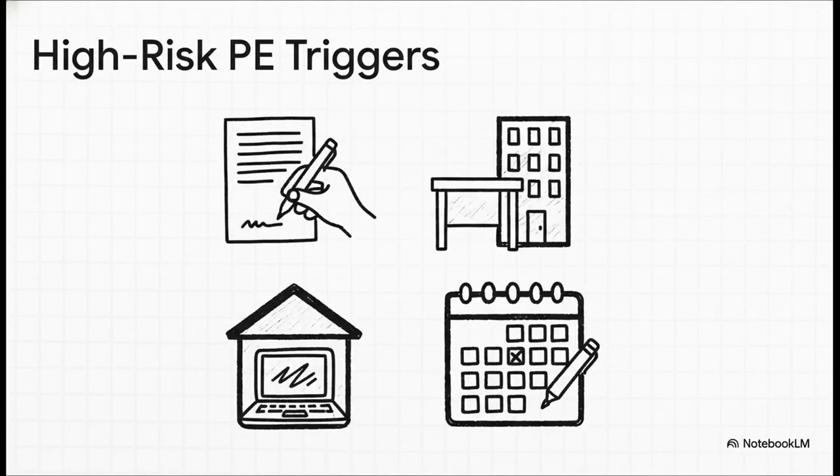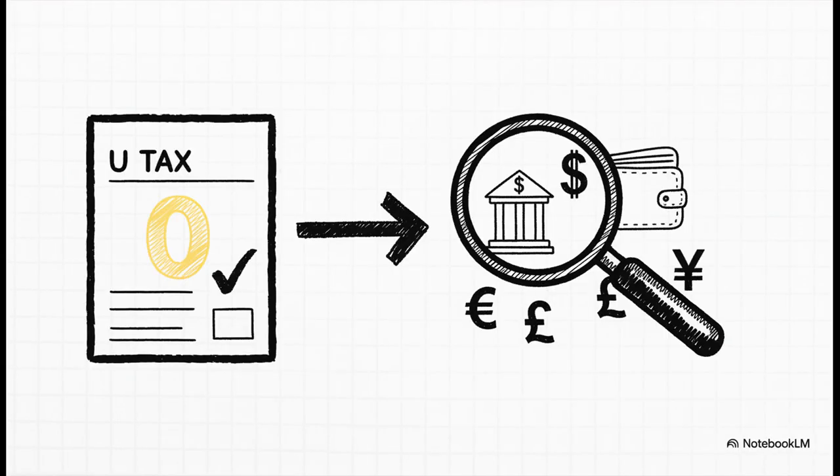So what kind of things trigger this? Well, regularly signing contracts for your company from a cafe in Lisbon, that's a classic PE risk. Renting a long-term office, that's an obvious one. But even having a dedicated home office in the same Airbnb for months could be a problem. And here's a subtle one. Even a bunch of short trips to the same country can add up. If they see a consistent pattern of business activity, they can aggregate those stays and say you've created a permanent establishment.